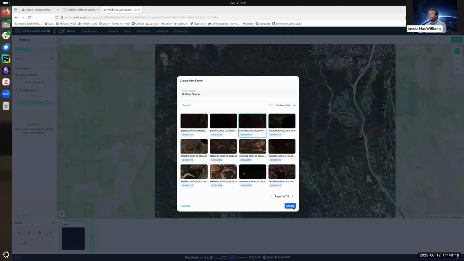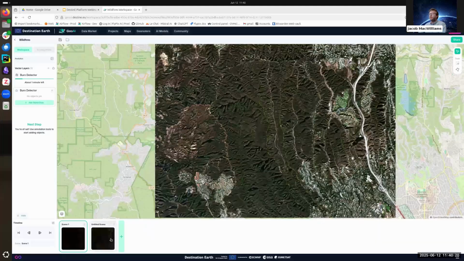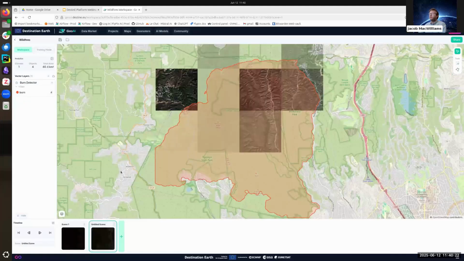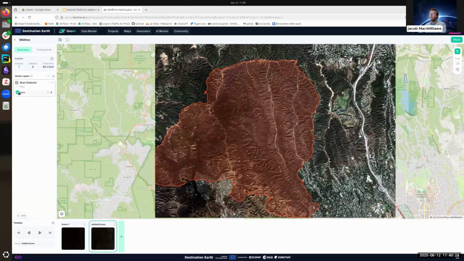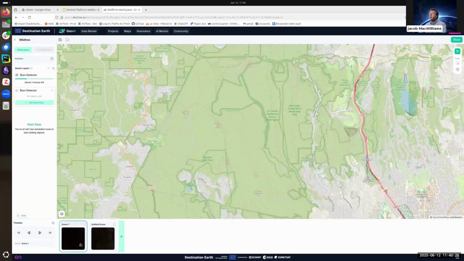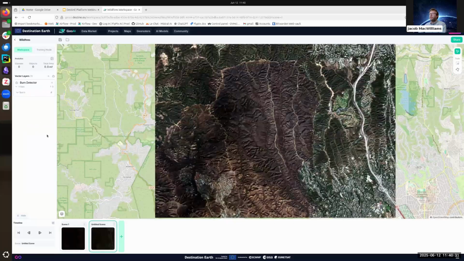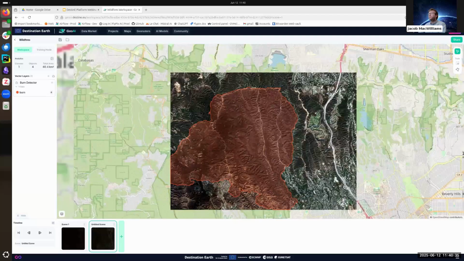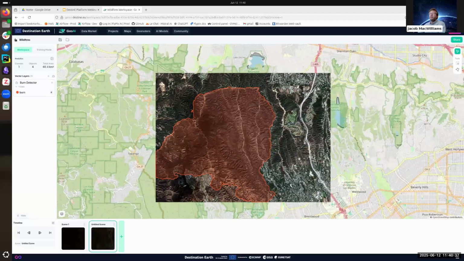We can open another scene. This would then be after the fire, and I've already applied inference here, and we see now that this whole region has turned brown. So we have this region, and then just in the same area, this other region, we can turn on the detections, and it segmented it pretty well. So that shows, first of all, in a live use case, the usefulness of the model.